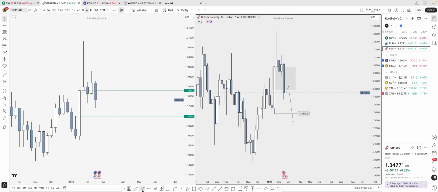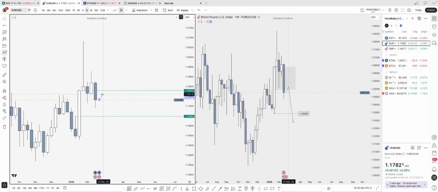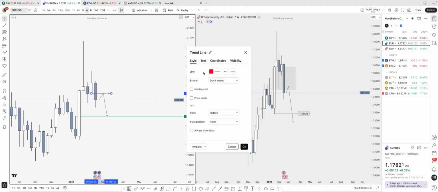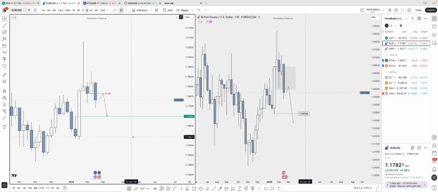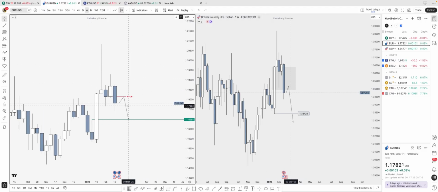On EU, my projection is quite the same. It's around the other block here. Let's clear this high. Yeah, so that's another block. And I'll utilize the other block for lower prices into my target, which will be the low of the fair value gap. So we'll be highlighting the weekly fair value gap out, the weekly order block out. Then I'll be deleting this as well. So this is what I'm expecting to happen.